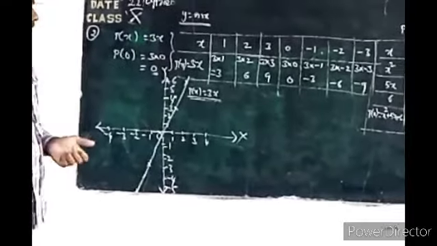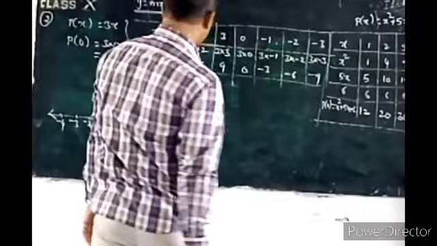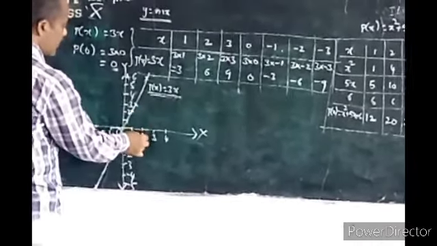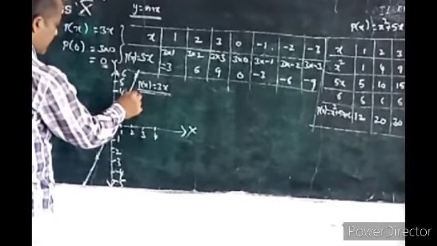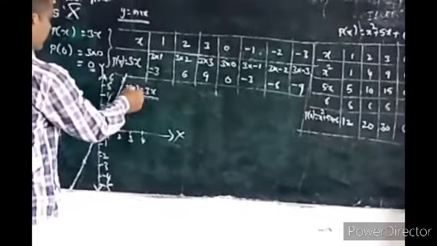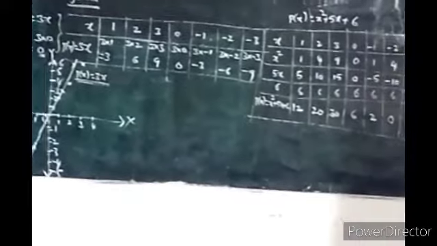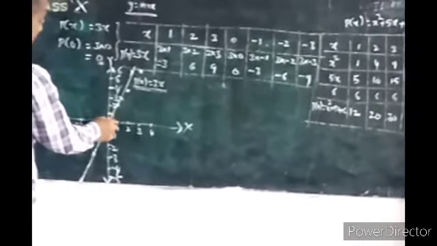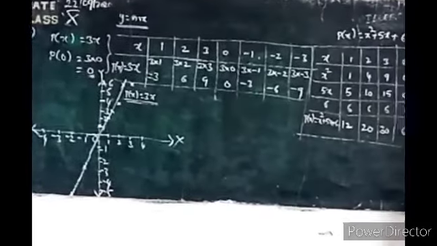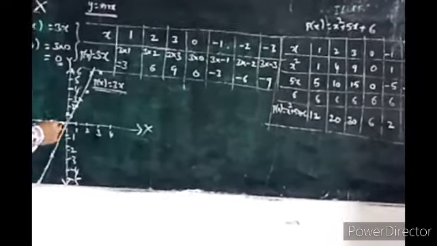Okay now? Next, when x is equal to 2, sorry, 12 here. Above the 2. And when it is 2, it is 20. When x is 3, what is the value? 30. Yes, no? Next, when it is 0, 6. 6 means above the 1. Yes, no? Next, when it is minus 1, that is 2.